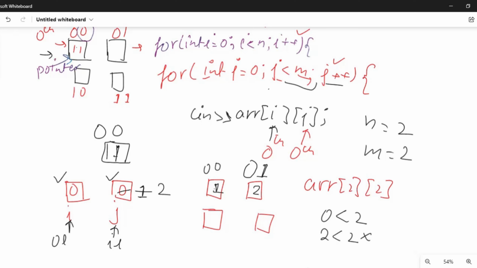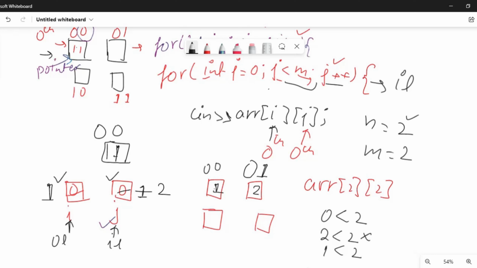So the loop will come out of this inner loop, that is of the j loop, which I was telling here. Let me denote. Let me mention here. So this one. So now what will happen? So now this time my outer loop will be incremented. So now the I value from 0 it will change to 1. After that it will check here condition that is 1 less than 2, because n value is also 2, so yeah, the condition is true.